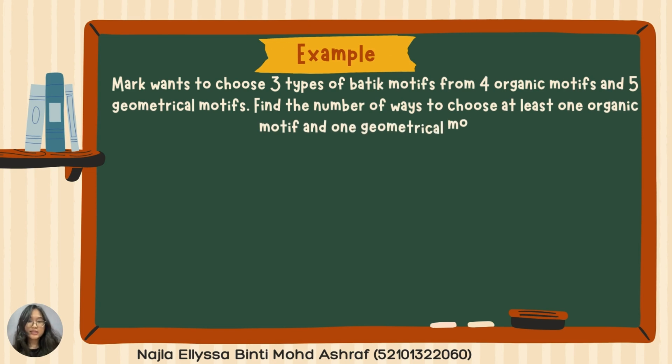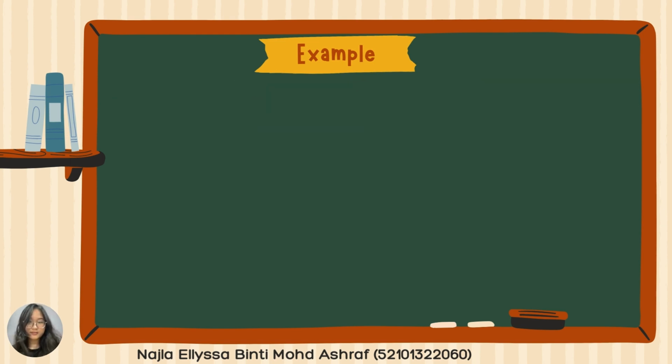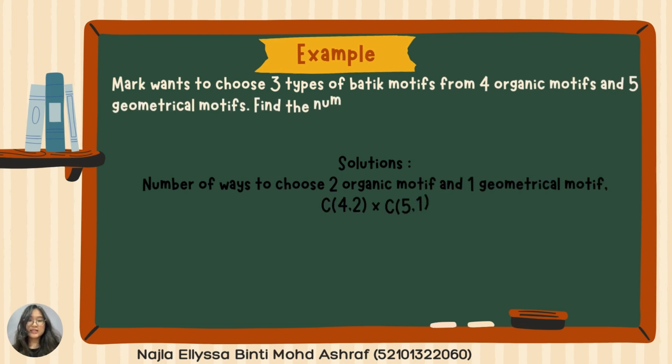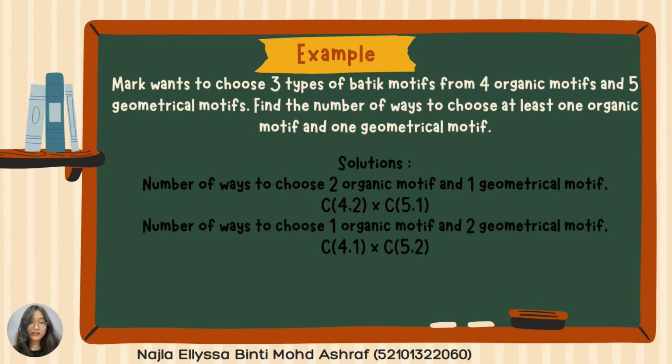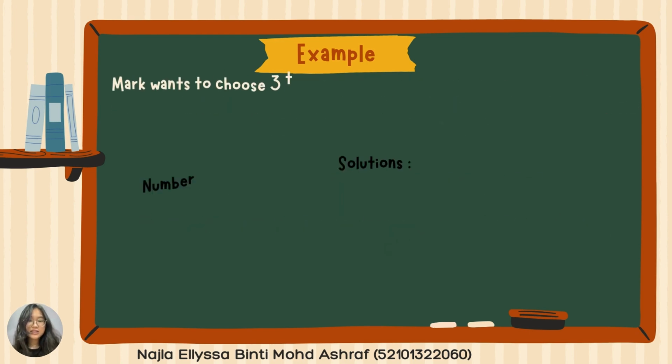Find the number of ways to choose at least 1 organic motif and 1 geometrical motif. So you have to find a combination of 1 organic motif and 2 geometrical motifs, and another one is 1 geometrical motif with 2 organic motifs. So this is the solution. You can write it in this way, and the answer will be